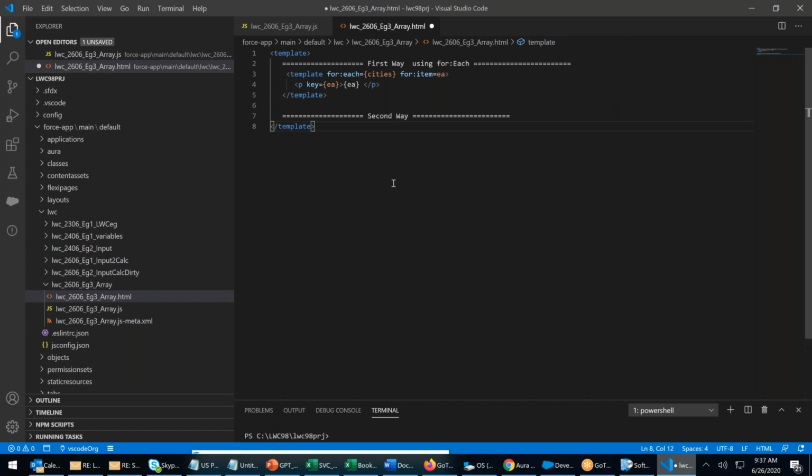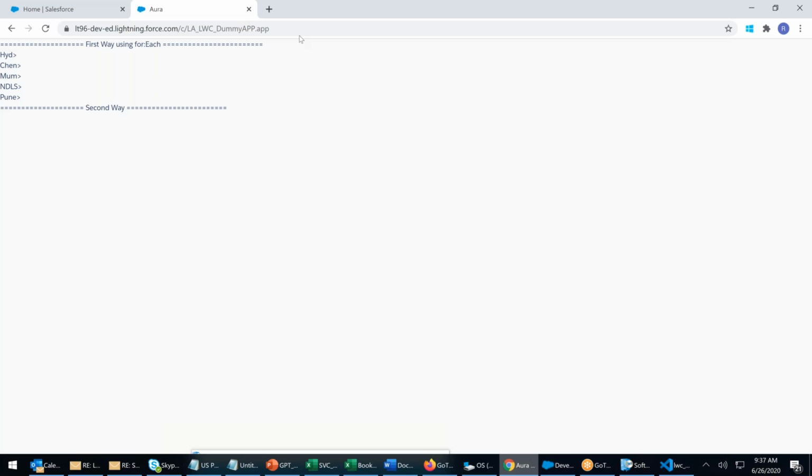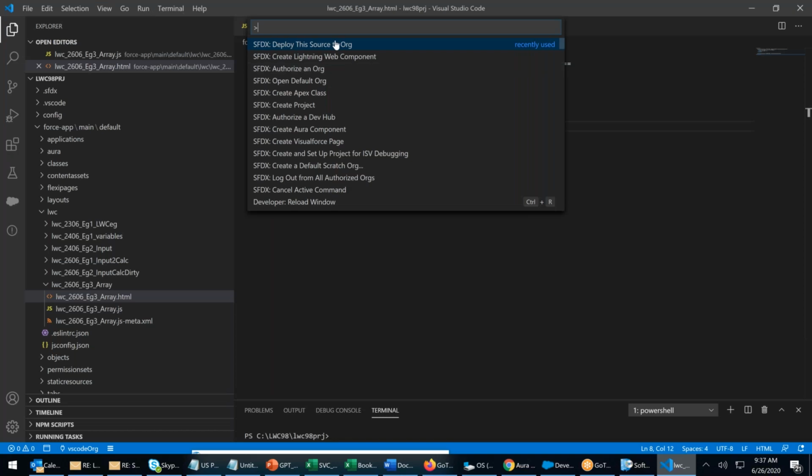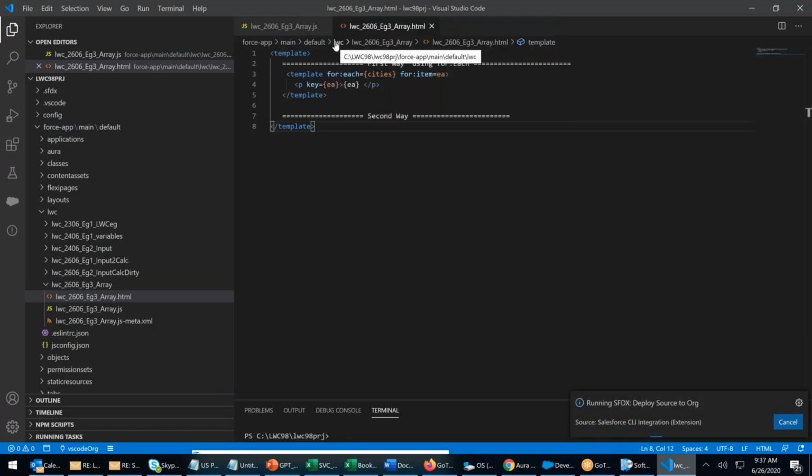Key is the same. Control S. Now you see how it comes up. Oh, we didn't deploy. After saving, you have to deploy again. Control Shift P, deploy this to the source org.